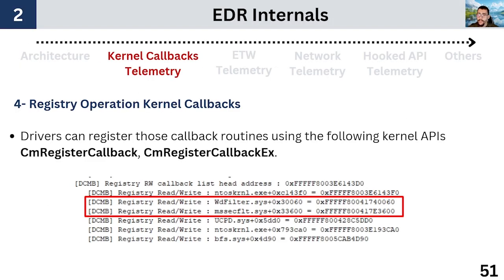In Windows, drivers can register registry operation callback routines using the following kernel APIs: CmRegisterCallback or CmRegisterCallbackEx. In this example, we are using the DCMP open source driver to collect registry operation events. The DCMP open source driver is configured to enumerate the callback routines stored in the CallbackListHead linked list